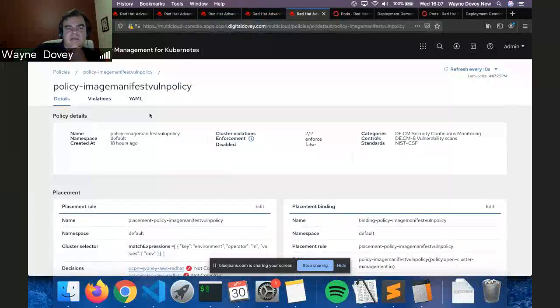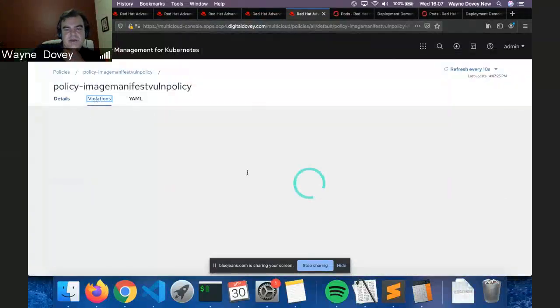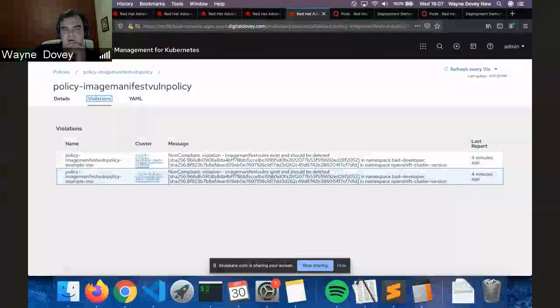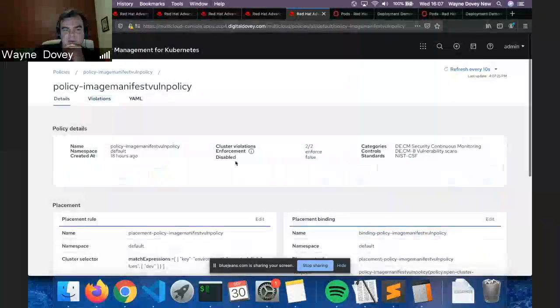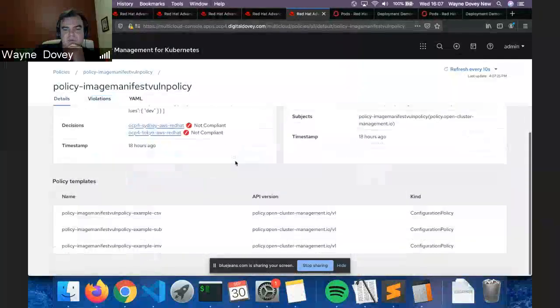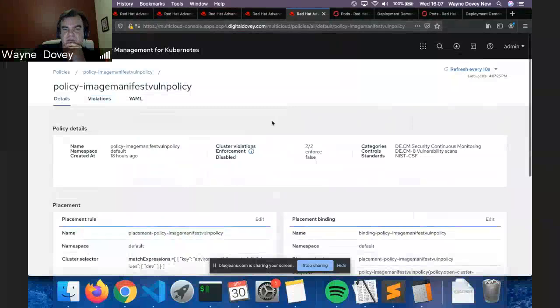The function of the operator is to pick up any vulnerabilities as far as image scans that have been done on the cluster and violations that have been detected. You can see in this example, both clusters have that bad developer namespace deployed, and it's triggering a violation. And then, of course, this is set to enforce policy. That means it will deploy the actual operator, and it'll pick up an issue.